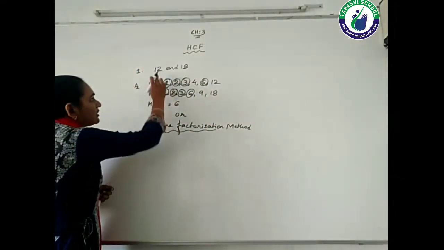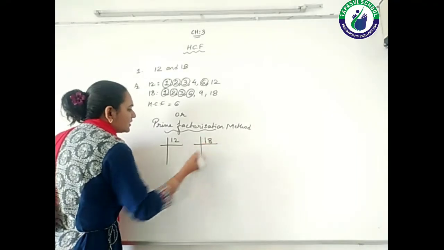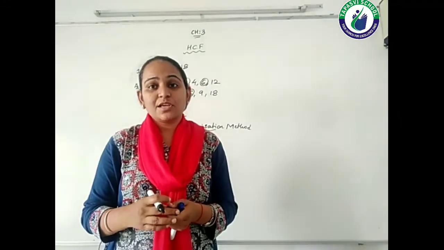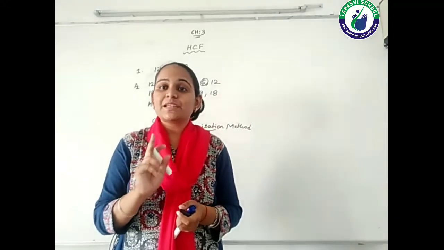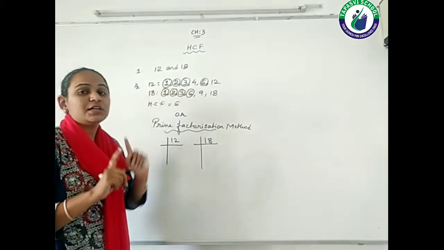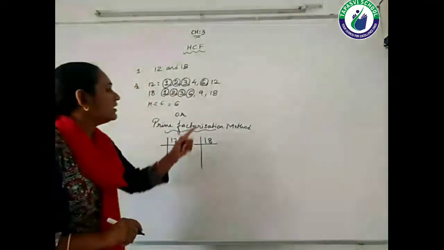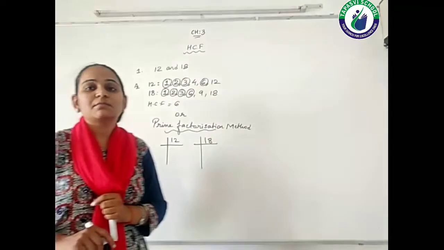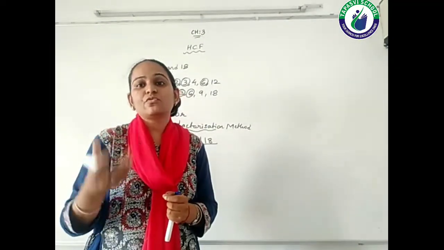So I am listing down the factors of 12 and 18, right? So 12 comes in the table of 2. It comes in the table of 3 also, it comes in the table of 6 also, 12 also, but only prime numbers are to be selected. Out of all these numbers, we have to select only prime numbers. You cannot use 1. 1 is neither prime nor composite number, so never use 1, right? Similarly, this 12 is a composite number. This 4 is also a composite number. 6 is also a composite number. Composite numbers means those which have more than 2 factors, right?